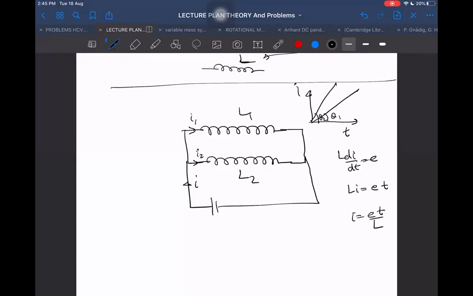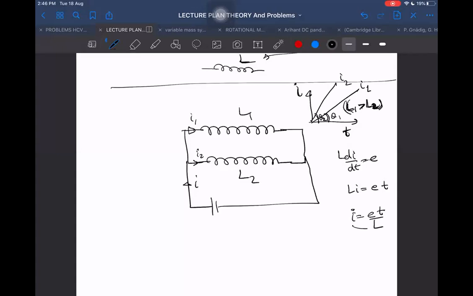So that slope is inversely proportional to L. Theta less means L1 greater than L2. If L1 is greater than L2, then θ1 will be less than θ2. So here I have plotted both graphs for I2 and for I1 as a function of time. L1 is greater than L2, so I is inversely proportional. This is how these will be varying, as there is no resistance in series. If there is no resistance, then we can do it like this.